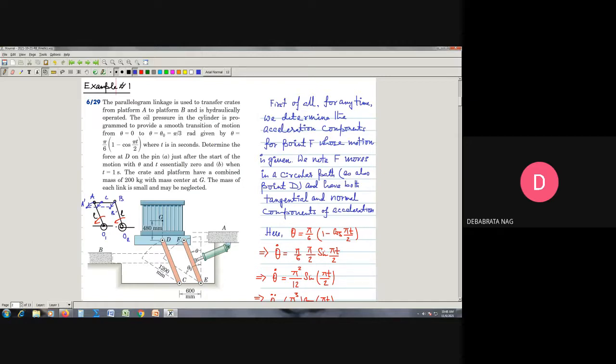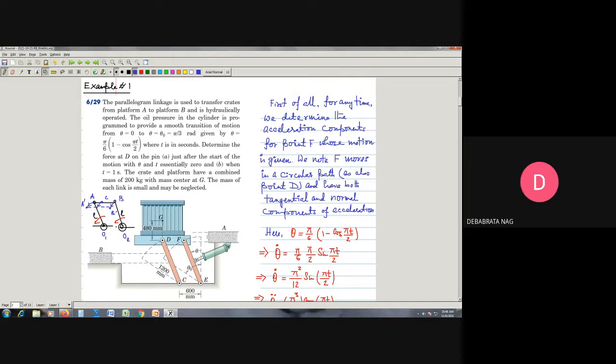So here, as you see, these are the fixed links, and this is where your crank is being hinged at this point D and at this point F. So there are two hinge points here, where they are acting at these 2 points. So we need to find out the force that is developed at the pin D on 2 occasions.